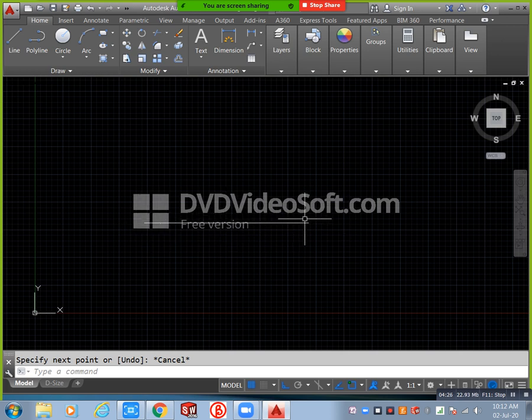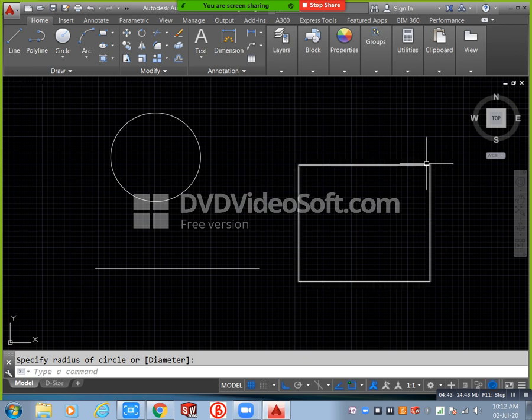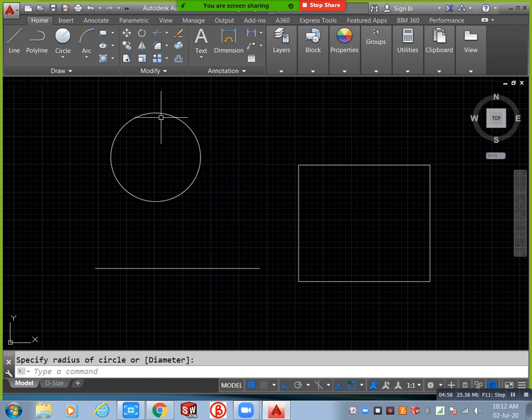For example, you take this rectangle, how many indications are there here? At the same time, we will take a circle, how many indications are there here? Now I will show. See, this corner point means 4 corners, and from this point to this point we have one midpoint, so 4 midpoints, and we have one geometric center. In total 9 indication points are there for this rectangle. For example, we will take this circle. In this circle we have 5 indications: 4 coordinates, this point, this point, this point, and this point, and one geometric center, which is the center point of the circle. In total 5 indications for the circle and 9 indications for the rectangle.